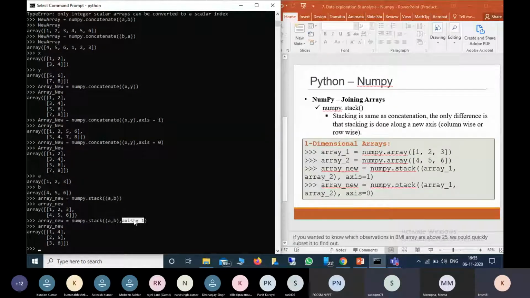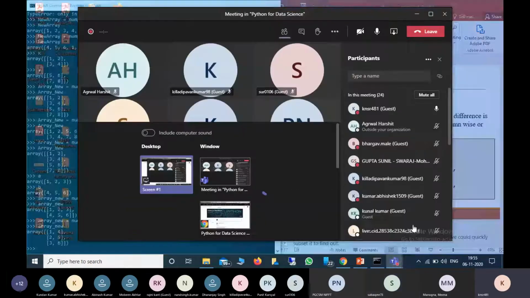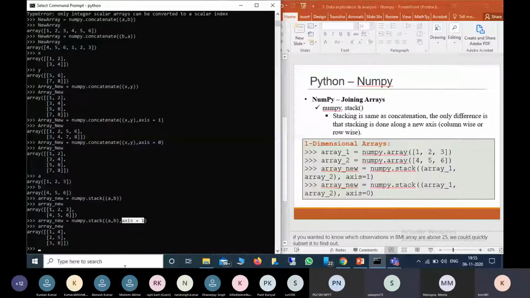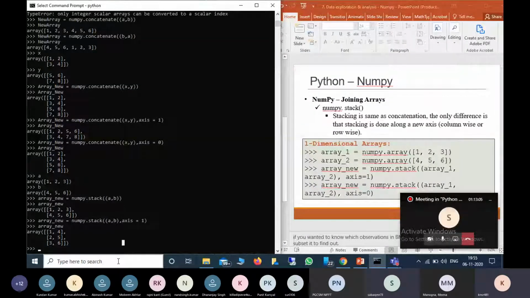What will happen if we give axis equal to 2? For example, when you are creating a function, if you don't give the required argument and you give another one, what will it throw?